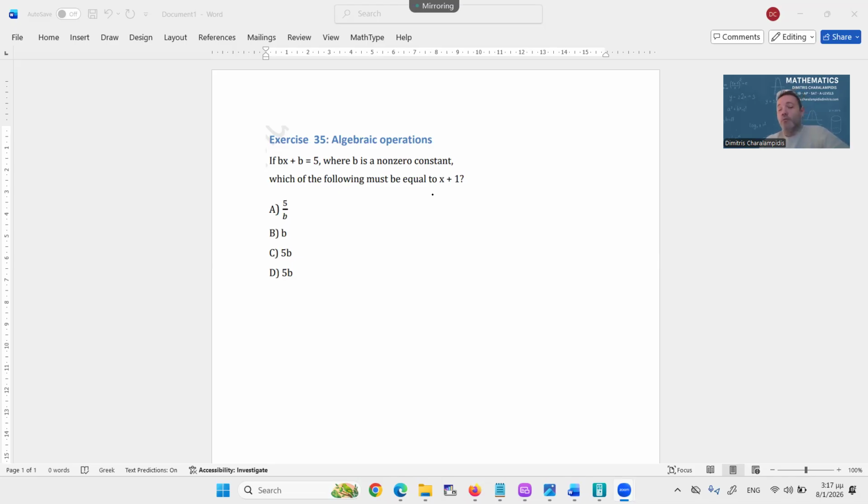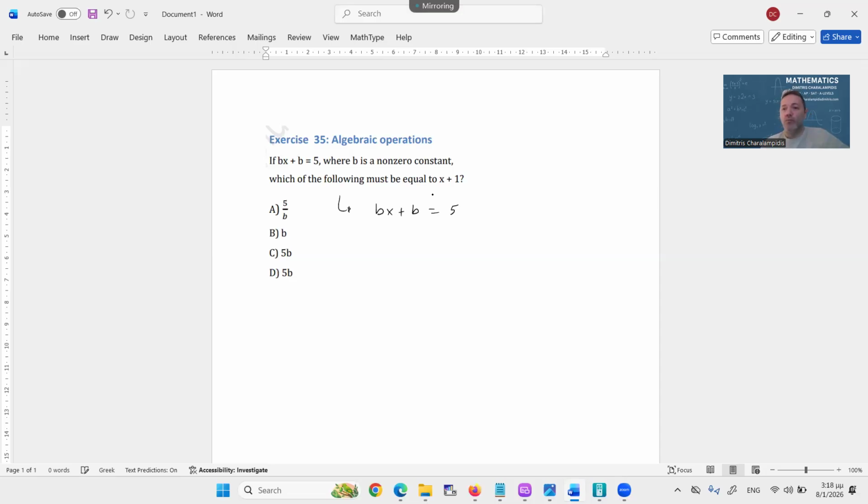So, it doesn't just ask to find the value of x or the value of b, because we basically cannot do that. We have too many unknowns for too few equations, because we have two unknowns and only one single equation. Instead, it seems that we will try to manipulate operations in a way so that we can create x plus 1 directly. We can easily do that if we simply pay closer attention and see that on the